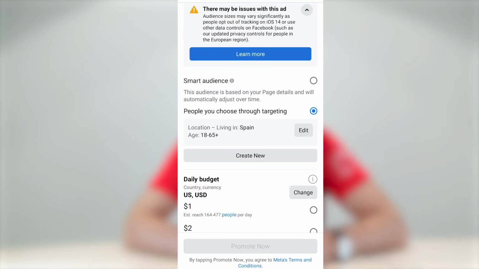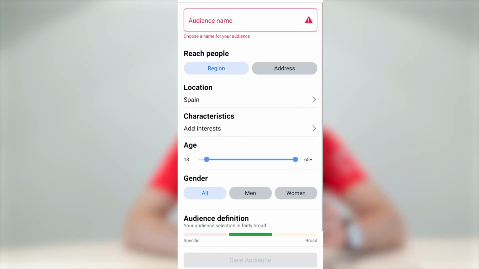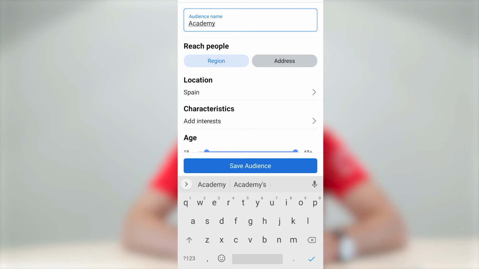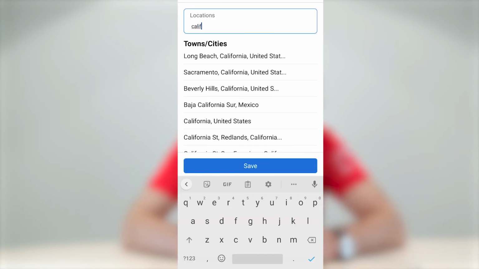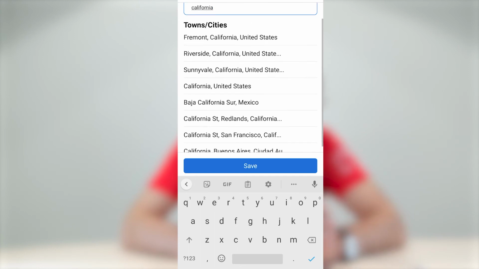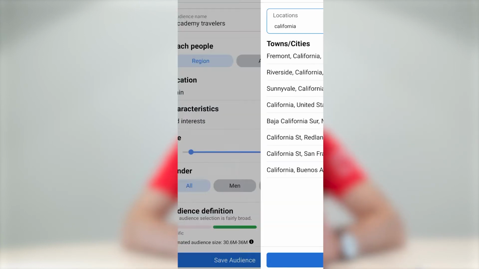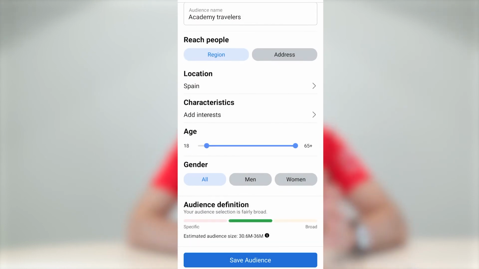So here, create new audience, academy, travelers, for example. Why not? Okay, so here, location, California, for example, right? So California, United States. And here, age, as always, it always comes down to this: who is your target audience?